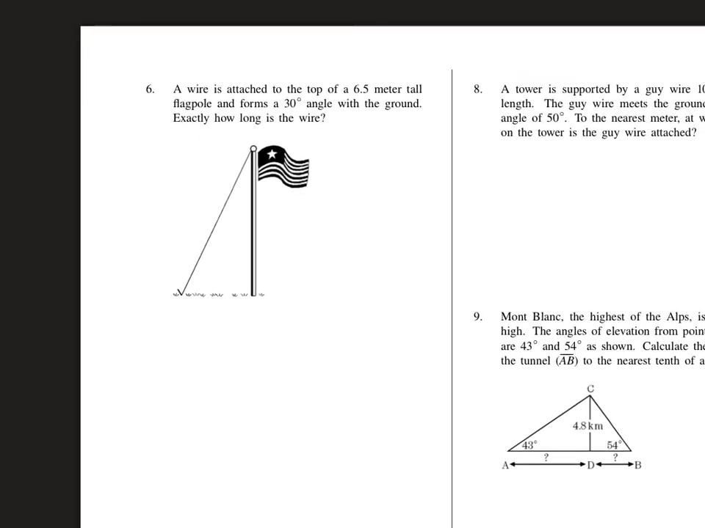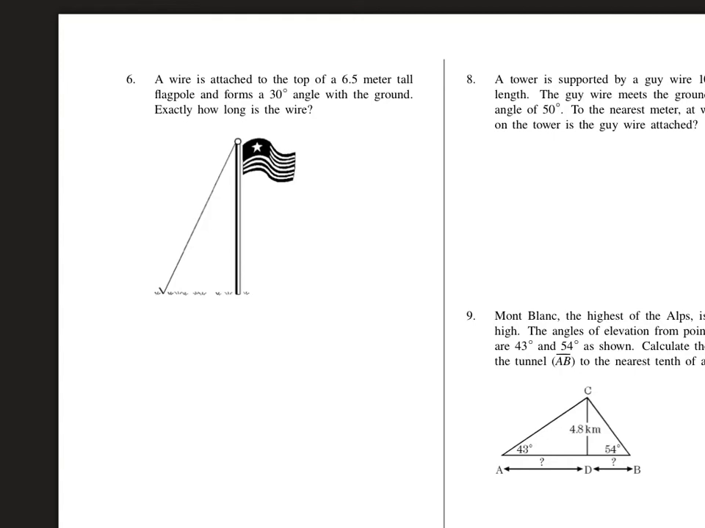Here we have a question apparently from Texas. A wire is attached to the top of a 6.5 meter tall flagpole. So this is 6.5 meters and forms a 30-degree angle with the ground. So the wire is attached to the top of a 6.5 meter flagpole and forms a 30-degree angle with the ground. How long is the wire? So this diagram is horrible